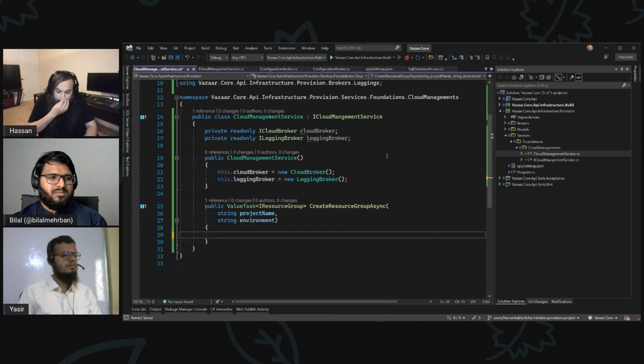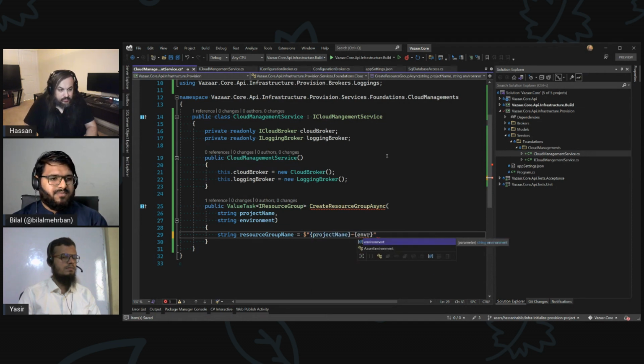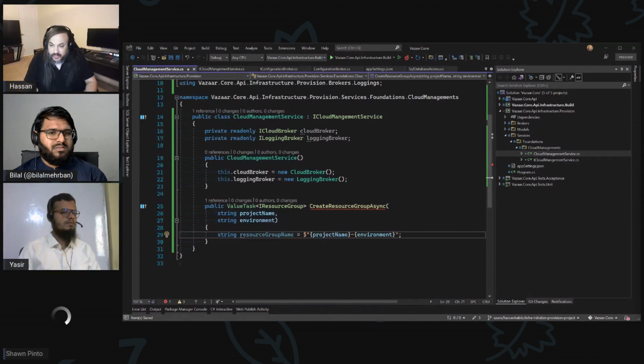It depends on what kind of convention you want to follow. Ideally, I go like this and I say, okay, my resource group name will start with the project name like this, and then you pass a dash like this, and then you say the environment, right? But you'll see some folks coming and saying, when you're trying to scale these things,